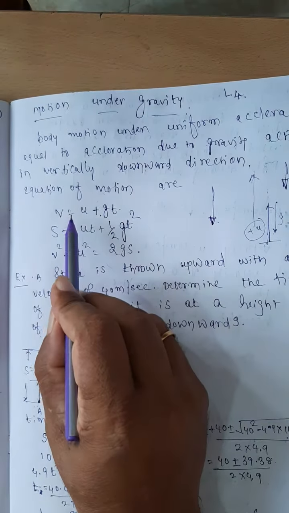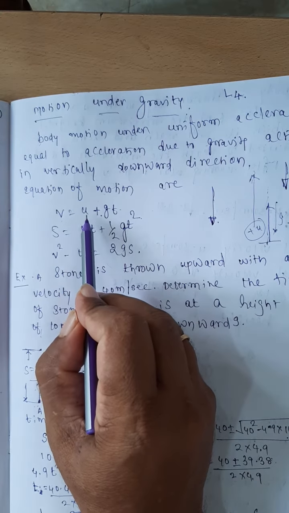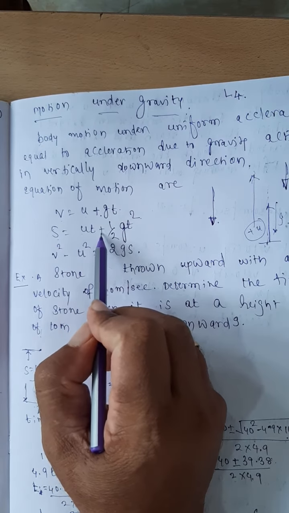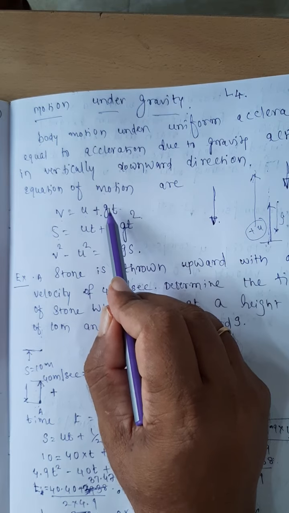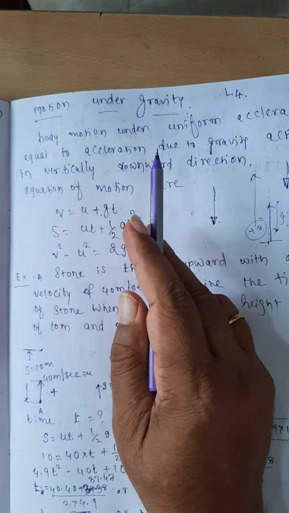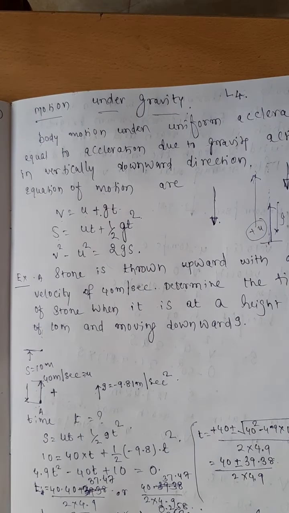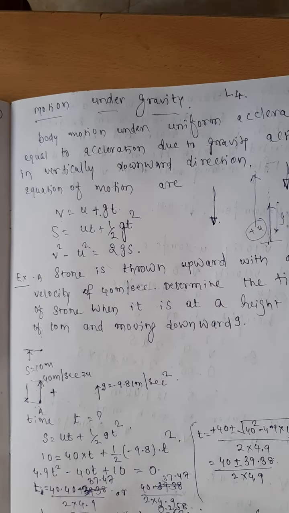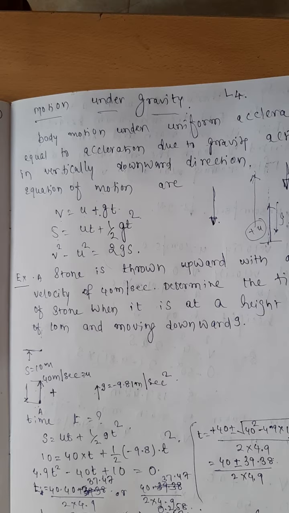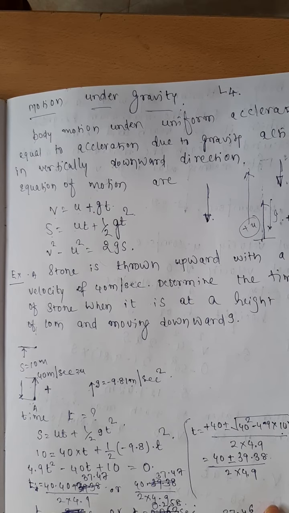Based on that, the usual equations are v is equal to u plus gt, s is equal to ut plus half gt square. This means our a will be replaced with g when you are studying the motion of a body under gravity. The only care we need to take is in what way the body is moving, or which is my plus direction of motion, whether it is up positive or down positive. Based on that, we need to decide the parameters. While substituting, we need to decide which is plus and which is minus.